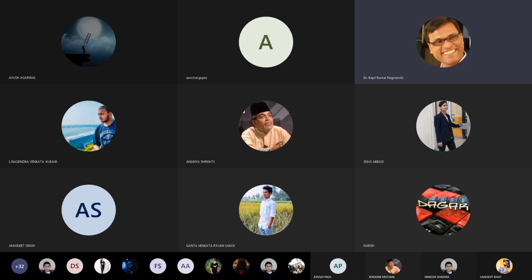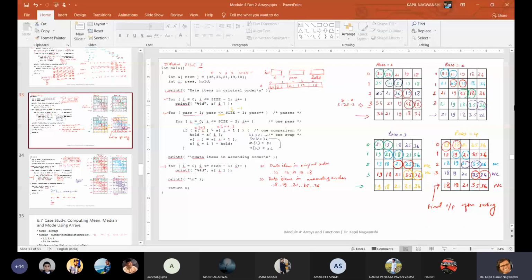Put bubbles over here. So in this pass one, what happened? We are comparing two elements each time and replacing them. Okay. So in pass one, you can see that all the elements are not in sorted order. Okay. So now in second pass, we will start.